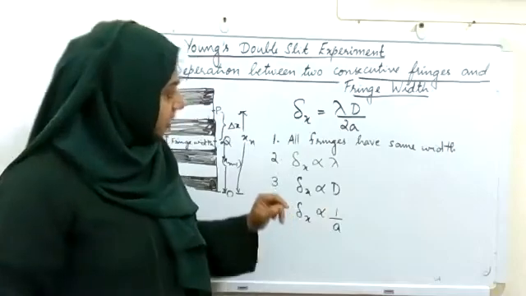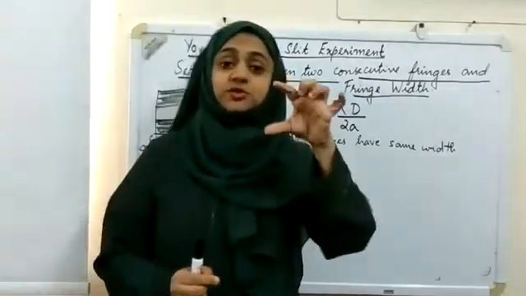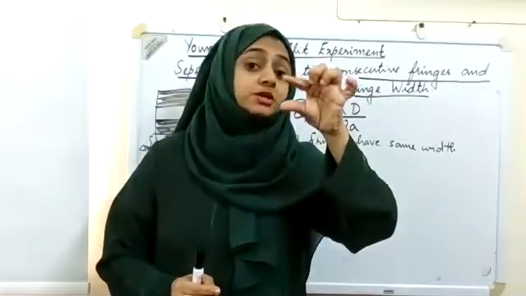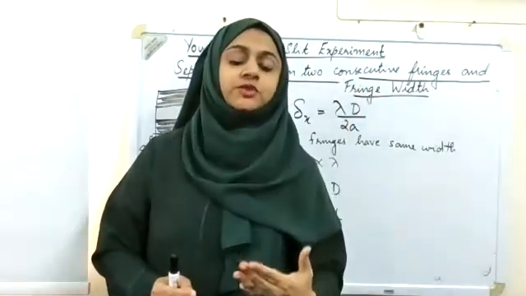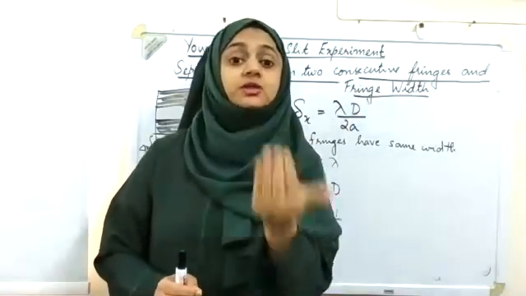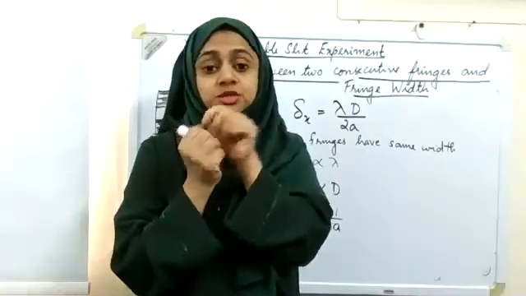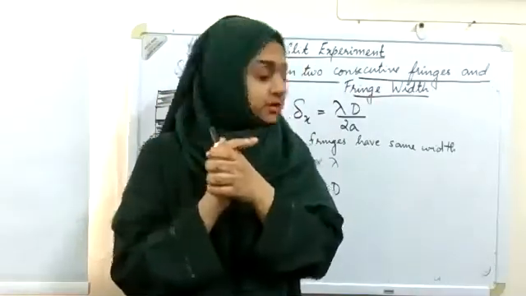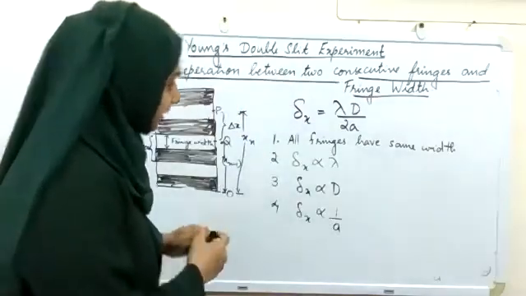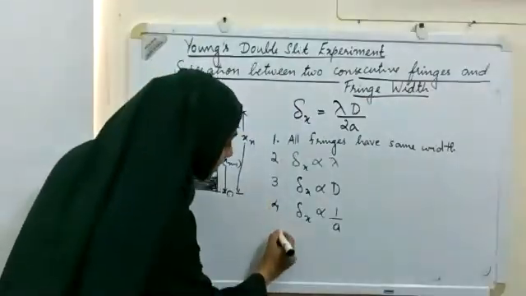So here the distance between the two sources should be very small. Only then we will get a good fringe width and it will be observable. So lesser the distance between the sources, more will be the fringe width. Now another point to be noted is that